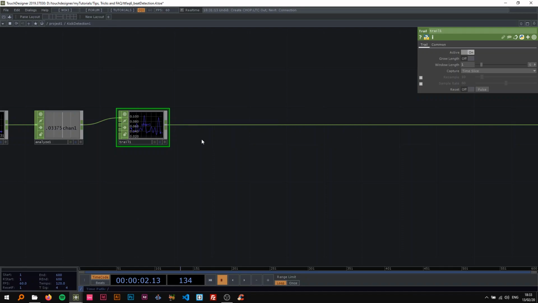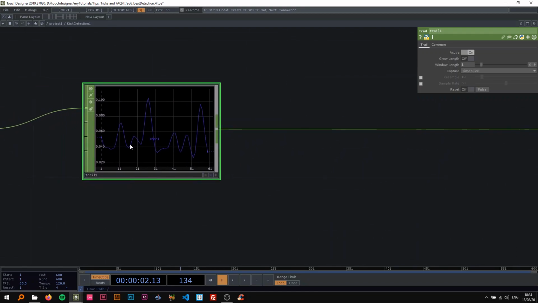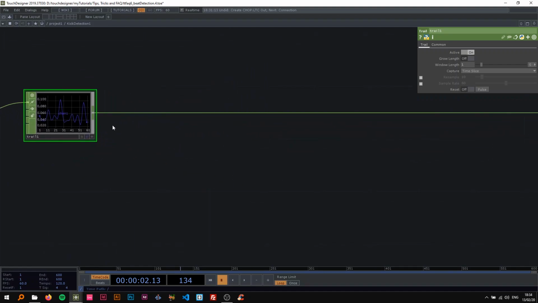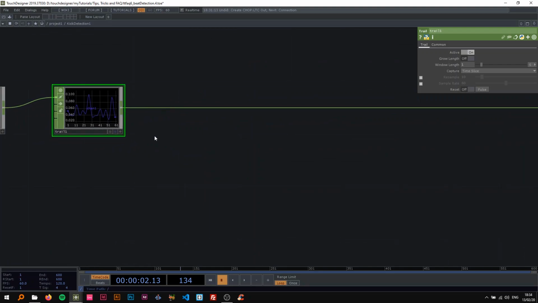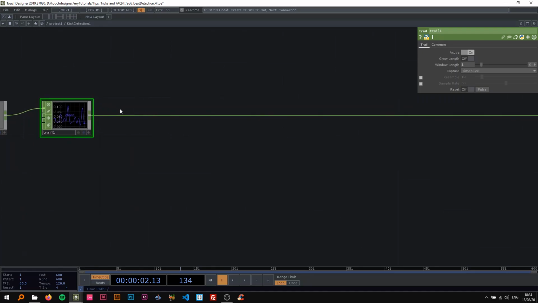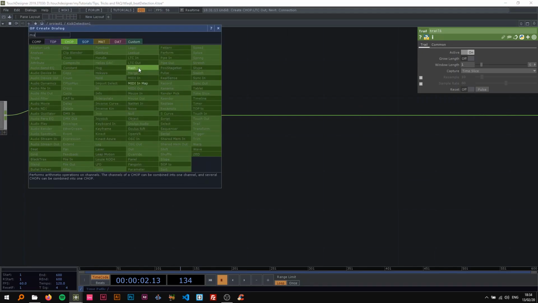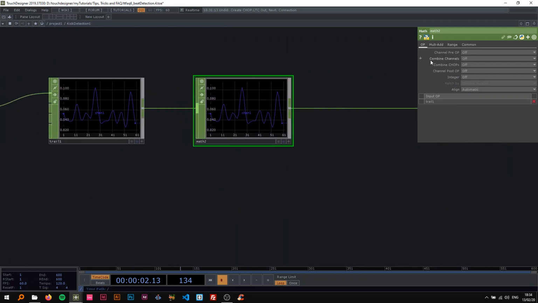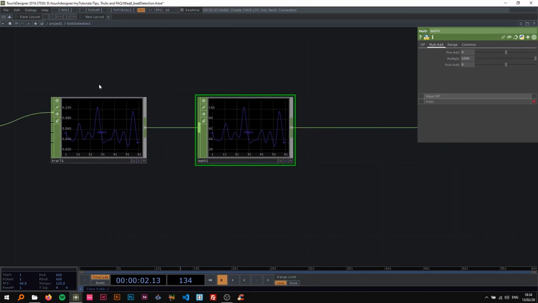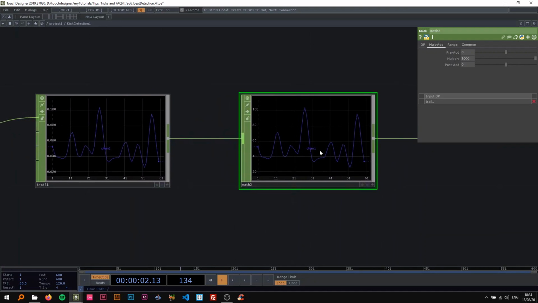Alright, so now we have this value between around 0 point something and 0.1, and that's not very nice. In the end, we're going to have a normalized value between 0 and 1, so there's a bit of way to go there. And what I'm going to do here is use another math, and we're going to change the multiply here to 1000. There's reasons for that. Basically, it's easier to work with a value that is between 0 and 100